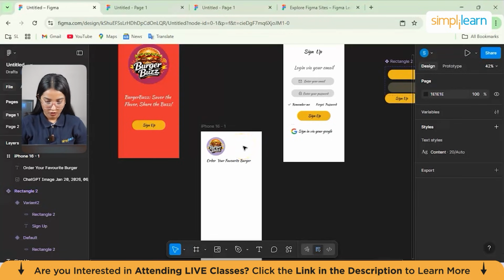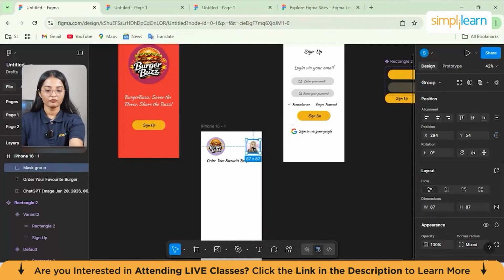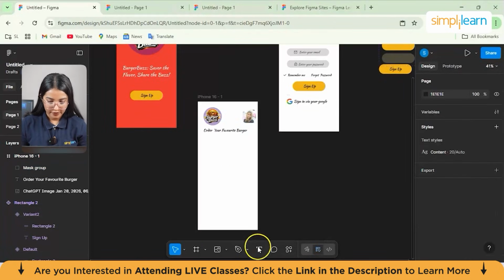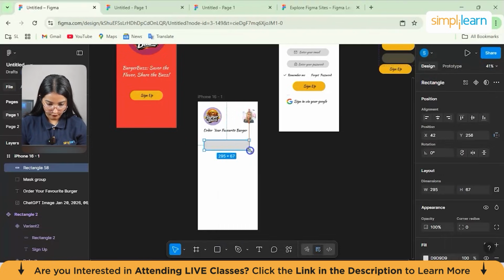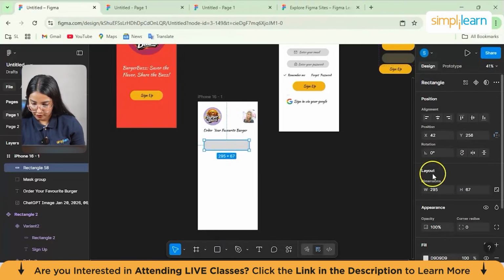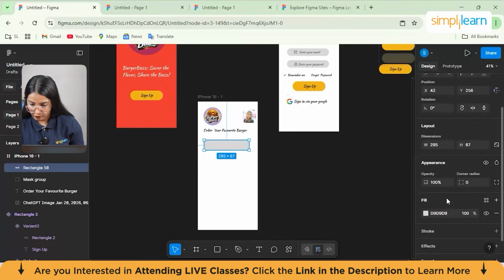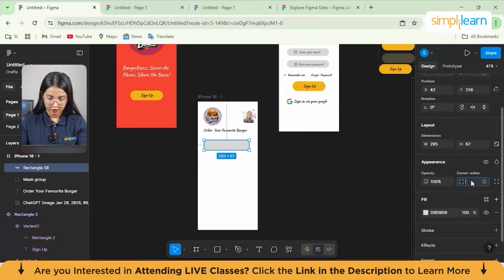Now I'll just insert my image from here. So now this would be the user profile, which is shown right here. Now we'll be adding one more shape from here. It says search, where the user can come and search for their food items. So just go on shape tools from here, select rectangle, and let's suppose I want to put more corner radius, put it 30,